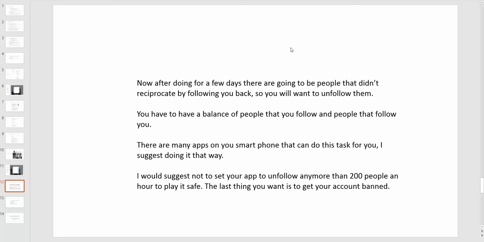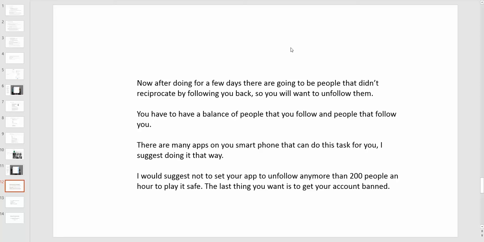And there are many apps on your smartphone that can do this task for you, and I suggest doing it that way. The apps I'm talking about are for unfollowing people, not for actually going out and finding people and following them. I'm just talking about the task of unfollowing. Some of the apps will ask you the rate of how many people you want to unfollow.